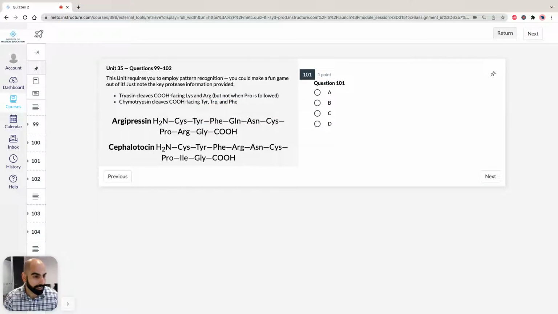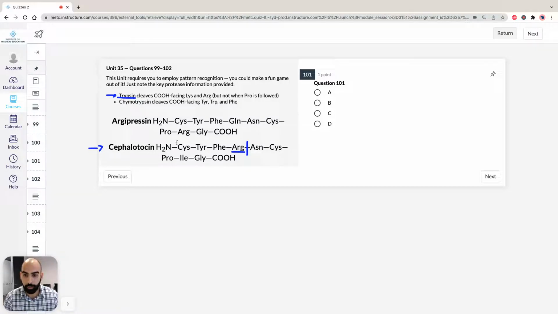So 101 states, what are the products when the cleavage of the nonapeptide oxytocin is facilitated by the enzyme trypsin? So oxytocin and trypsin, that's what we're looking at. Trypsin cleaves at lysine and arginine. We know there's arginine, and there's no lysine in this structure. So therefore we know if we're going to cleave here,